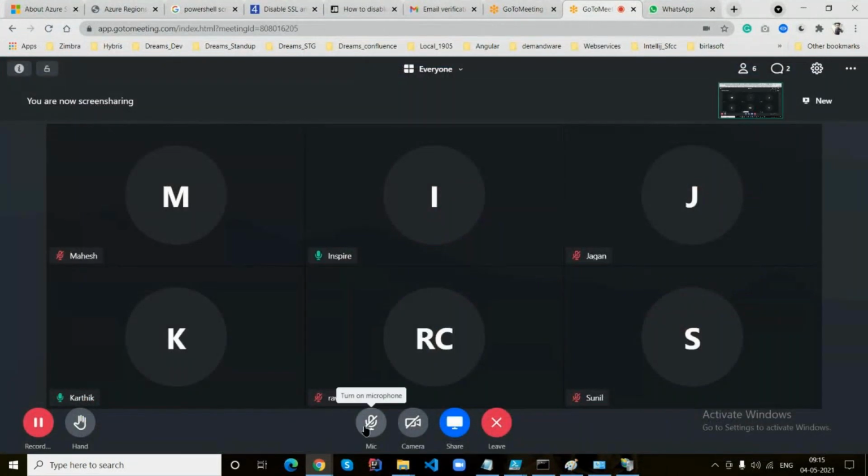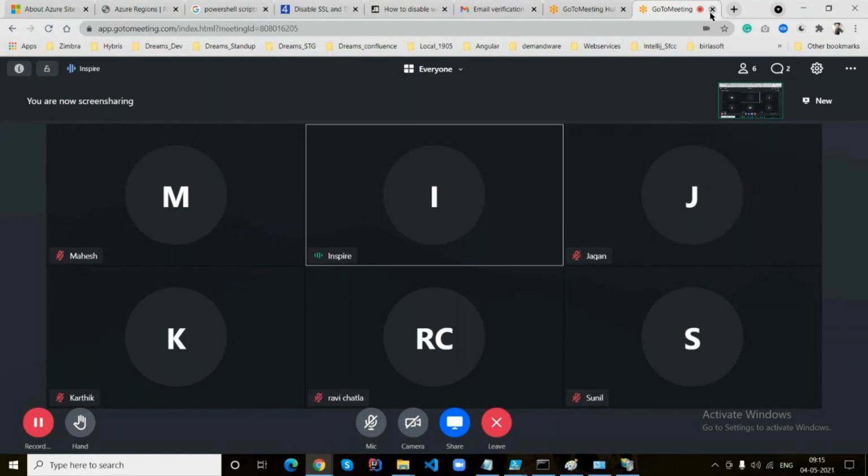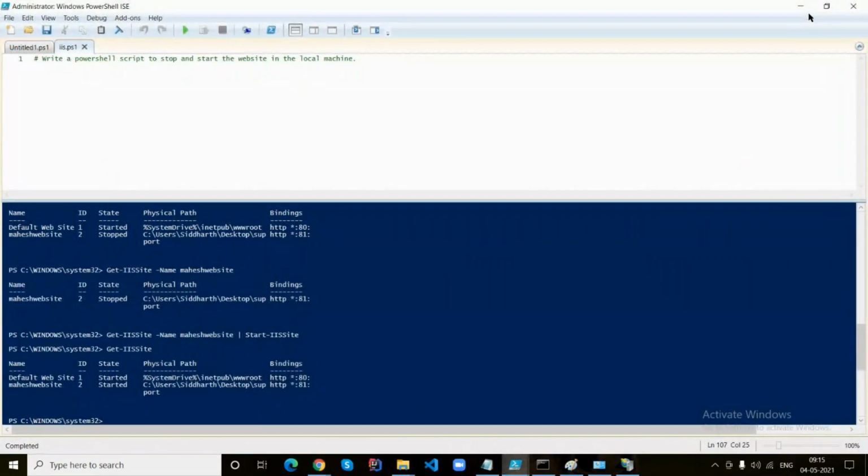Any questions as of now about how to install the Internet Information Services Manager console and how to configure a dummy website, which is not about what we expected or an ideal website? We just created a dummy website. That's it.